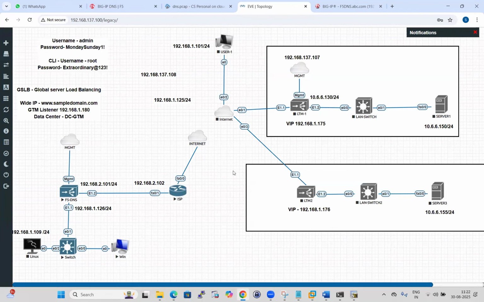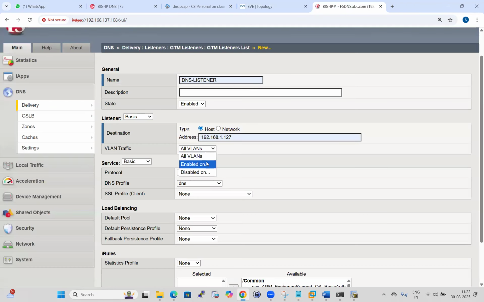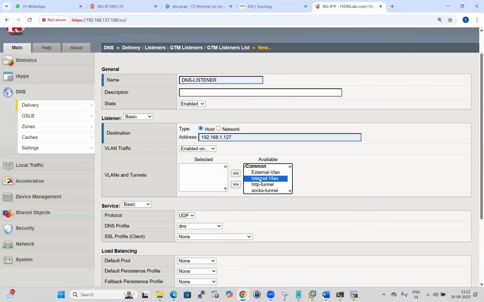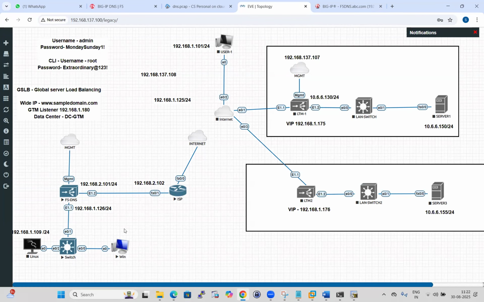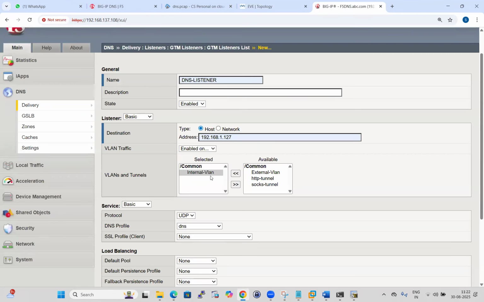I am making this applicable for internal VLANs because that query will come from the inside PC. Inside the PC you are trying to access facebook.com. That is the reason I am putting it to allow the internal VLAN. Maybe in your case you can allow differently; it depends upon your design. I have done the design like this, so it depends how you have done your lab setup. Now if anyone comes from internal for any DNS query on this IP address 1.127,